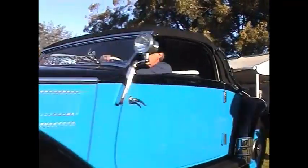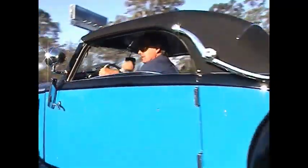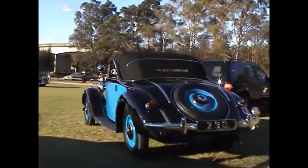Watch out for that car in front of you. Yeah? Oh, you